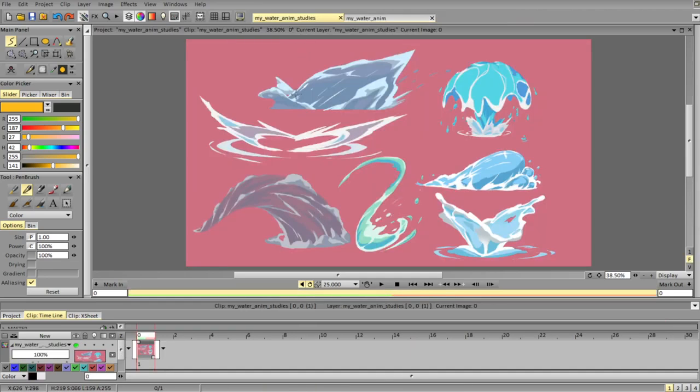So, water studies. They look quite good. I like the design choices. Colors are pretty nice. So, what can we push here? The first thing that comes to mind is working a bit with colors here and there.